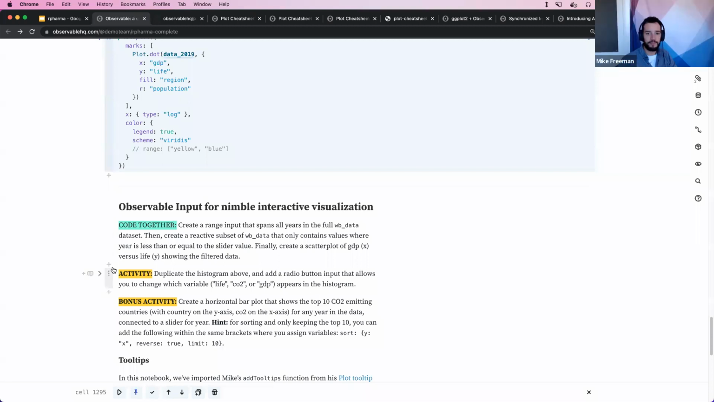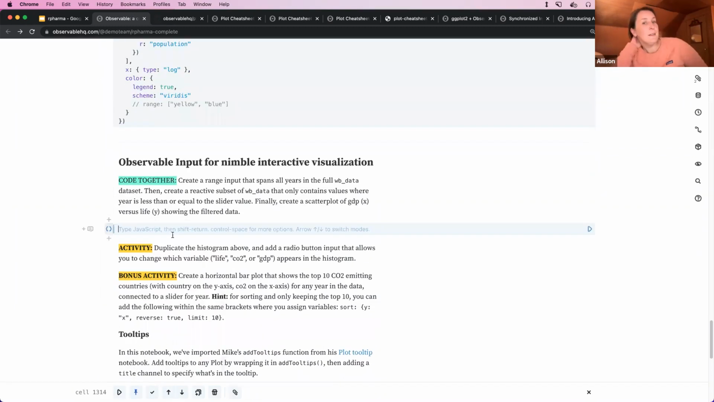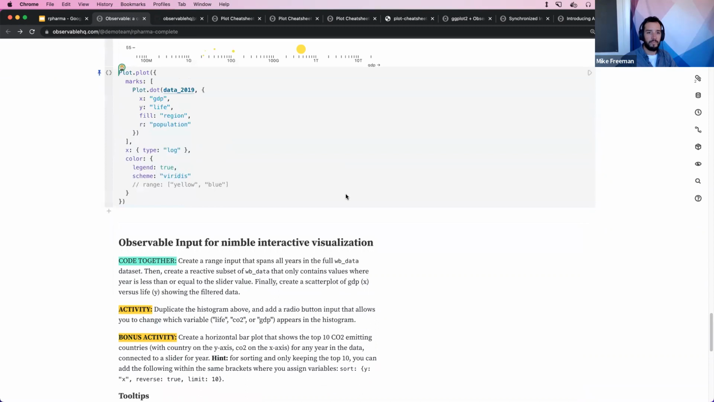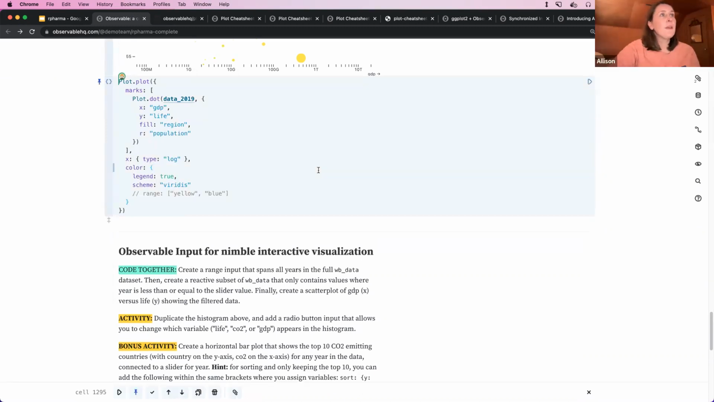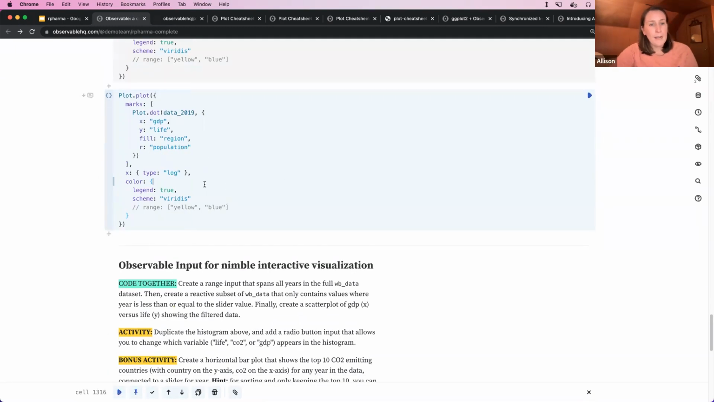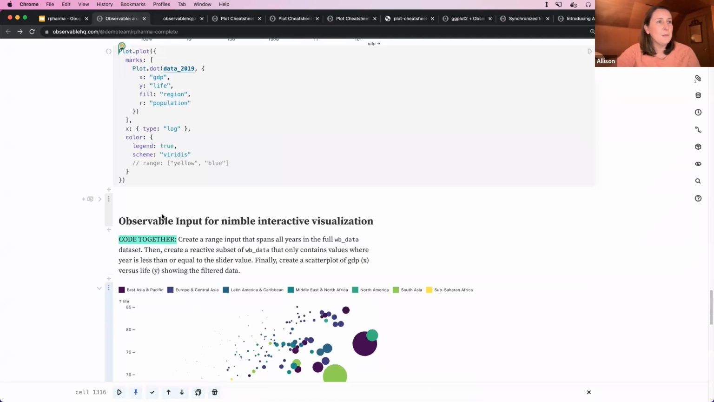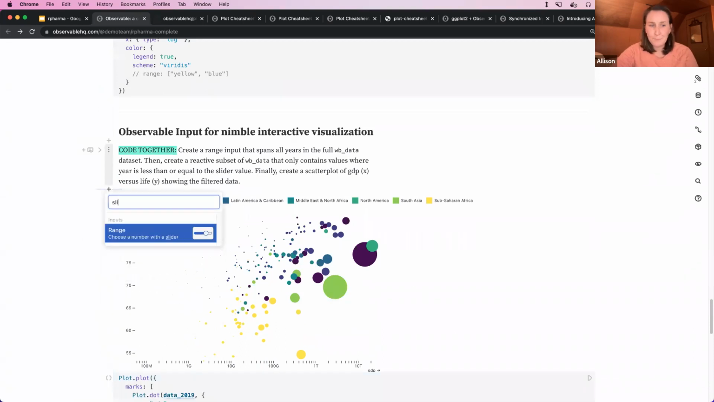Let's do it. So this one, we're going to have a scatter plot of GDP versus life expectancy. And then we are going to connect it to an input slider where we can change the value of year. And this is going to allow us to interactively explore patterns in GDP and life expectancy across different countries. Okay, so Mike is going to go ahead and add this skeleton